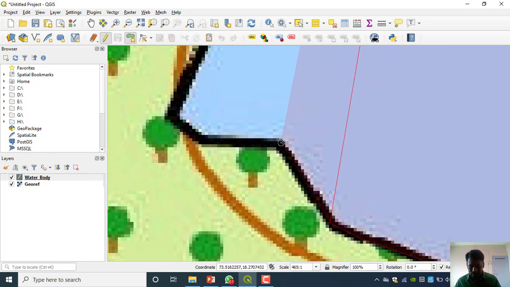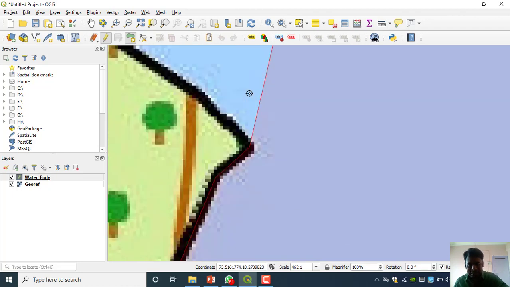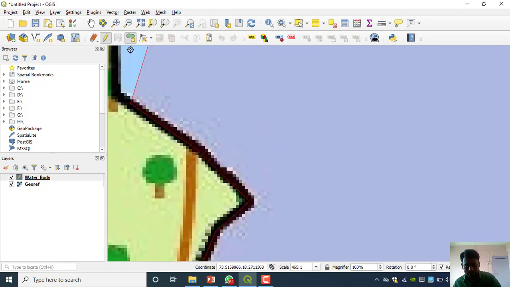Just we are going to finish. Suppose now this is a straight line, we can directly click here, from here, again here. It is just like sticking something, the way it is happening.